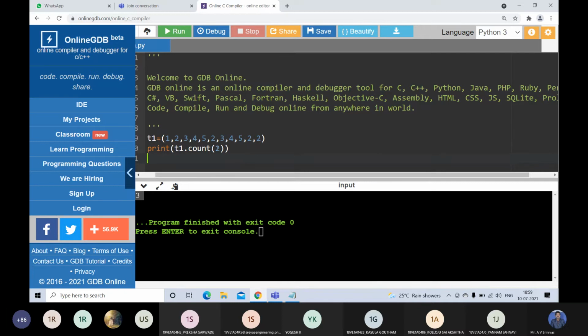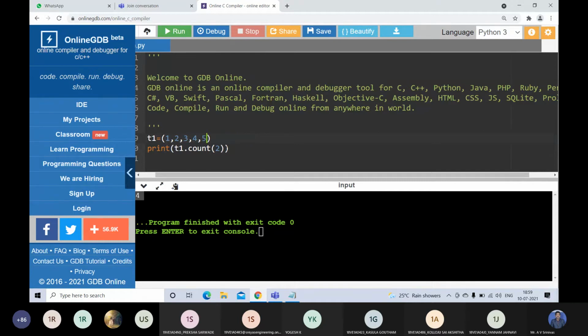So how many times does 2 appear? 4 times. So the output is 4 here. Only 2 methods are there, index method and count method, important methods. How many times a specific element appears, that is the count method, and the index method is for obtaining the index of the specific element.